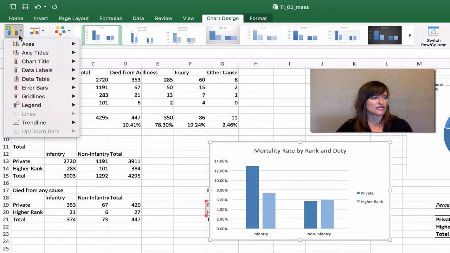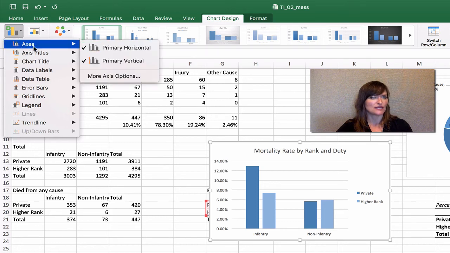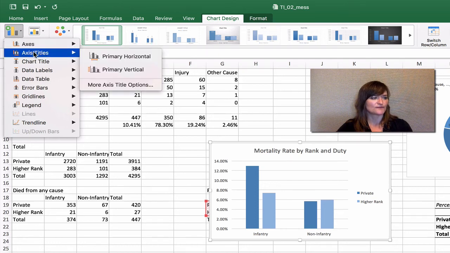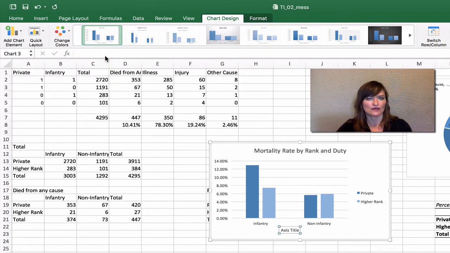Let's add the chart element and look under the axis titles and choose the primary horizontal. So what variable have you got here? Infantry, non-infantry. That looks like the duty assignment.